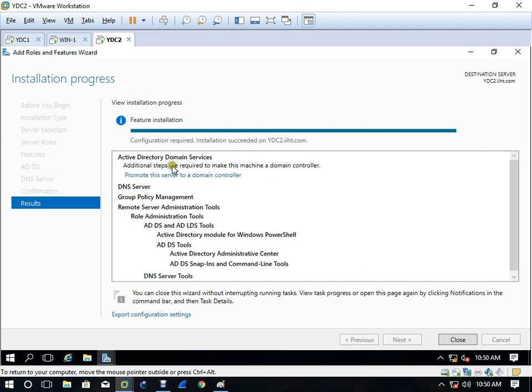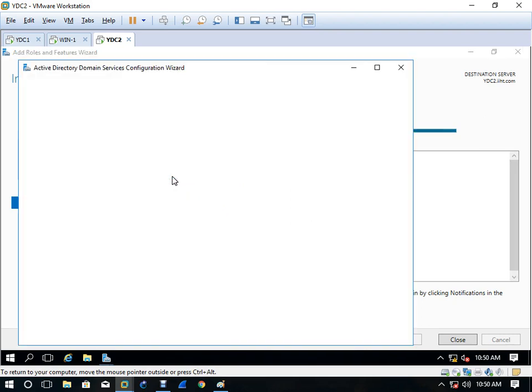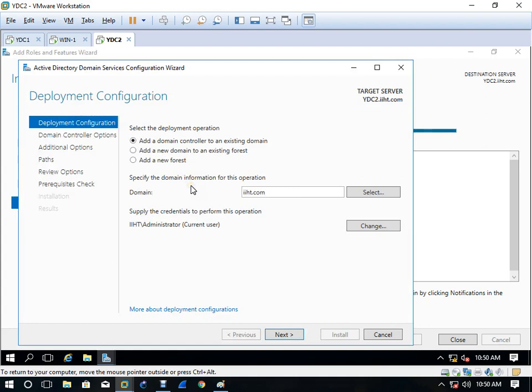Okay. So now here you will get what? Yes, promote this server as a domain controller. Click here. Okay, so here we have three options. We have to select add a domain controller to an existing domain because we already have a domain. Okay, so automatically you can see ist.com is coming and all credentials are coming. Why?